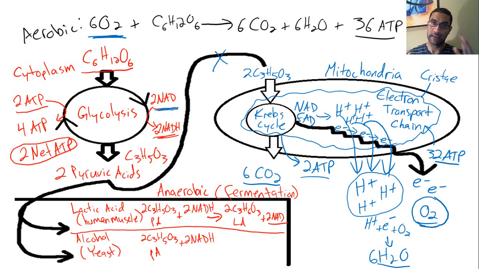But instead, it understands that it's that survival instinct in you that you may still need to continue to make as much ATP as you can even though you're out of oxygen. So what it'll do is go through lactic acid fermentation to create at least 2 ATP molecules. You at least want to open the NADs so that you can keep glycolysis going. And remember, every time you go through glycolysis, you make 2 net ATP. So your body will do whatever it can to at least get that 2 ATP production as much as possible